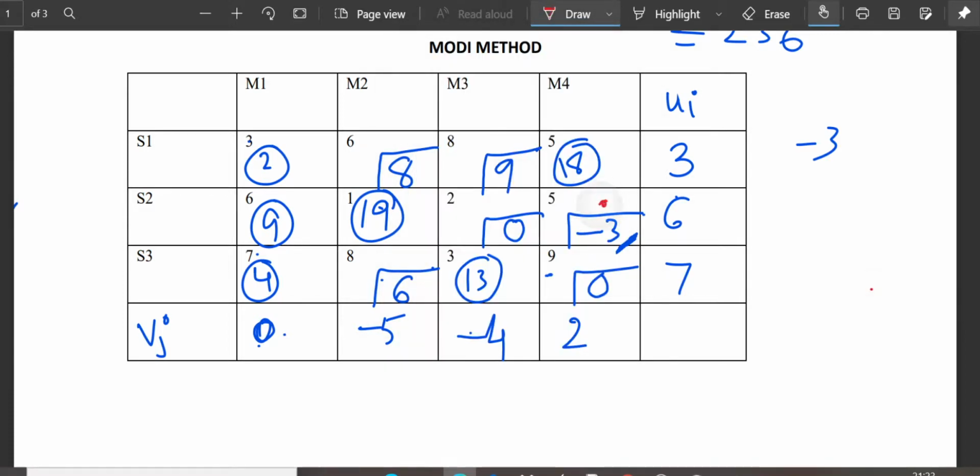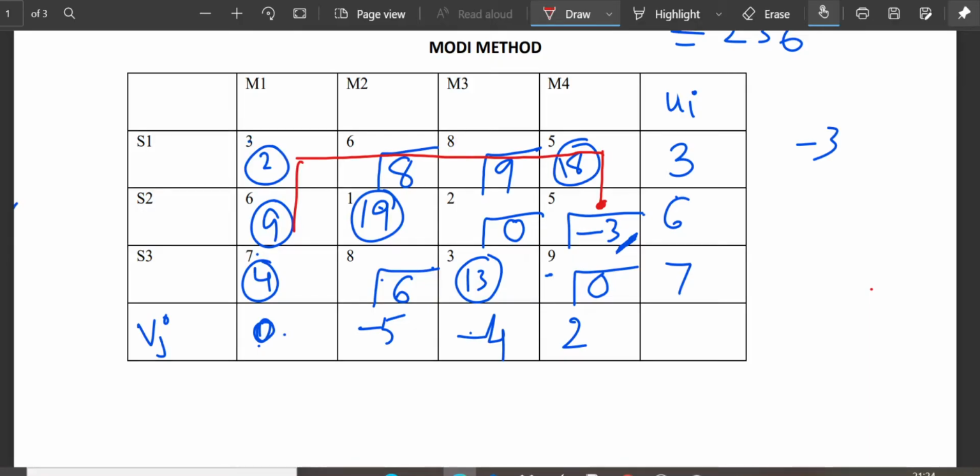See, for drawing the loop, you all can move horizontally or vertically only, no diagonal move. And you can change your direction only at the corner of the cell. Plus you have to come back to this point. So from this cell, I will first move to this circle, because here it is having a circle. So I can change my direction here. Look for another circle. You can move only horizontally and vertically. Okay, so I come to this 2 because 2 is also a circle. From 2 I can move to 9 because this is also a circle.